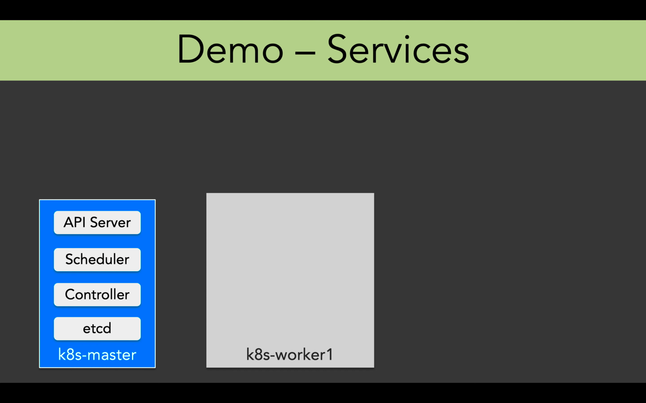So let us go ahead and see the demonstration of services. This is our current scenario. We have a Kubernetes master, only one master with the name k8s master, and one worker k8s-worker1. Now what we'll do is we'll add one more node in the cluster and we'll see the changes in the